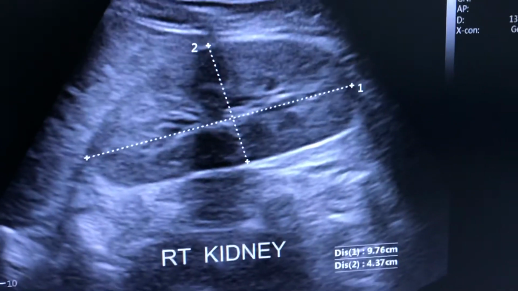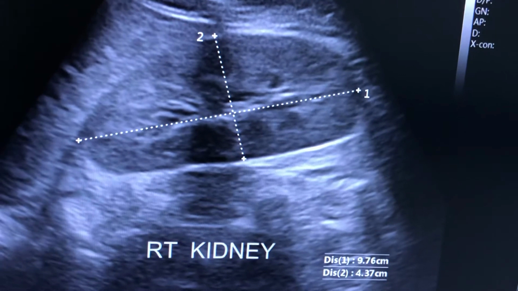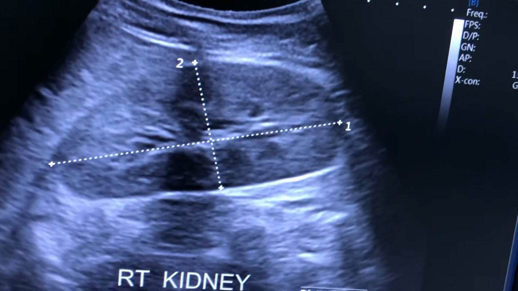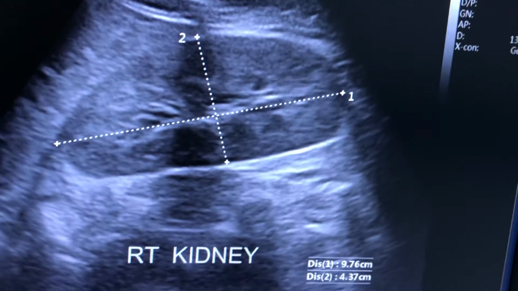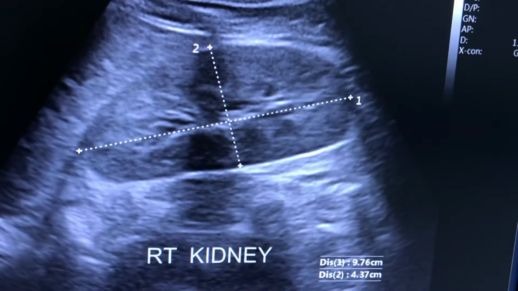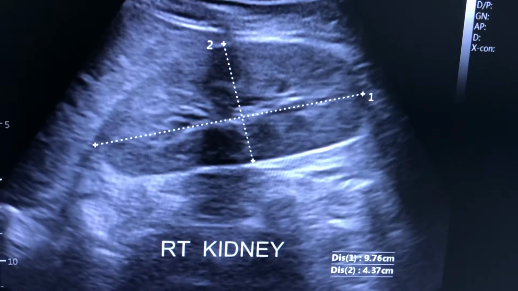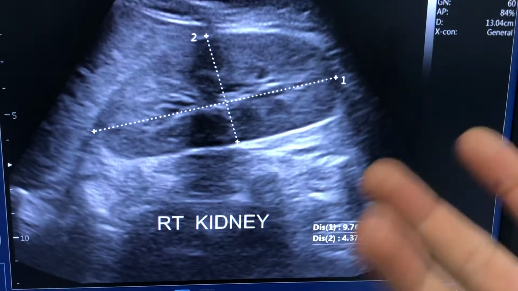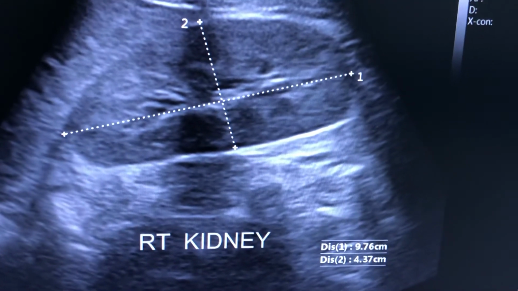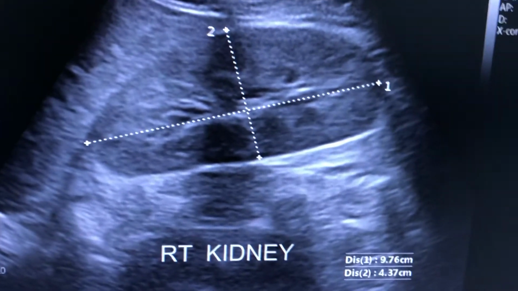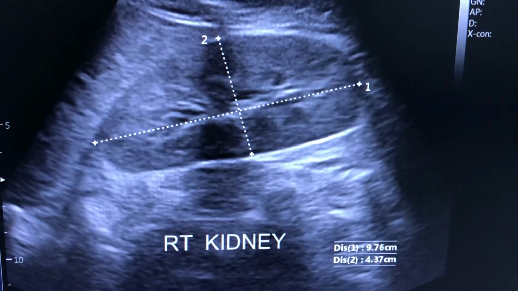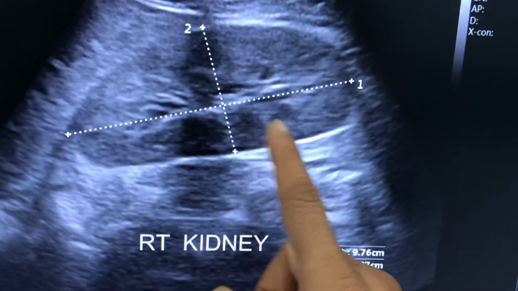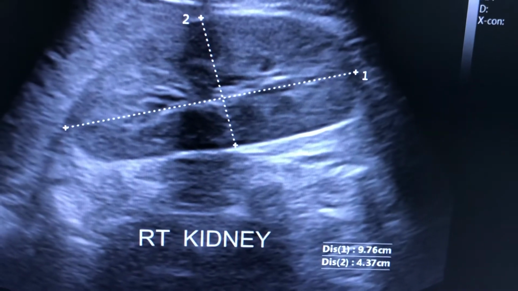And sometimes you will see that this kidney, although globular, in urine analysis or clinically you will not find much complaint. So it could be maybe early changes of acute pyelonephritis, in which the kidney is preparing to be swollen, and you may not find other clinical correlation. But the main thing in this video is to look for the contour of the kidney especially.